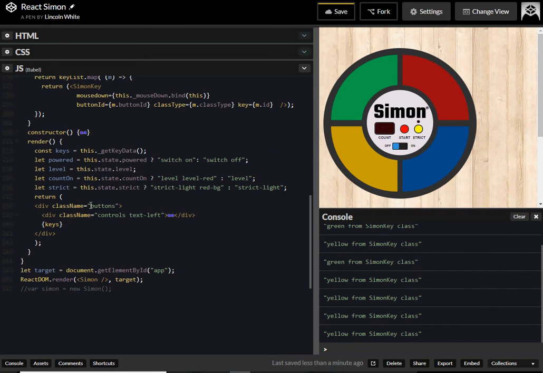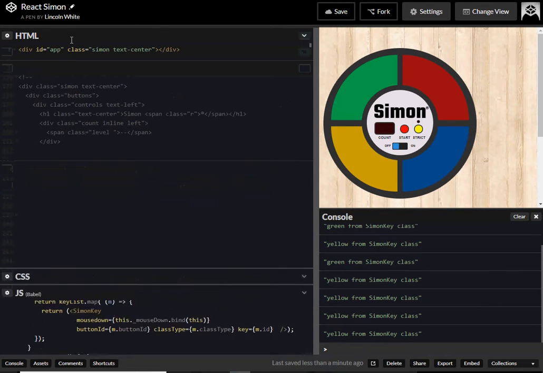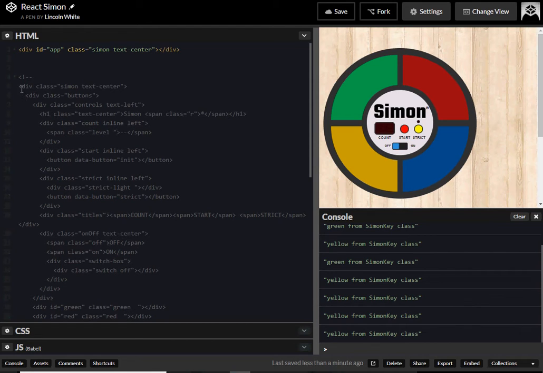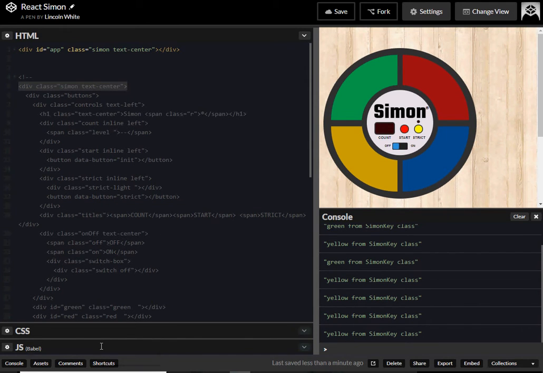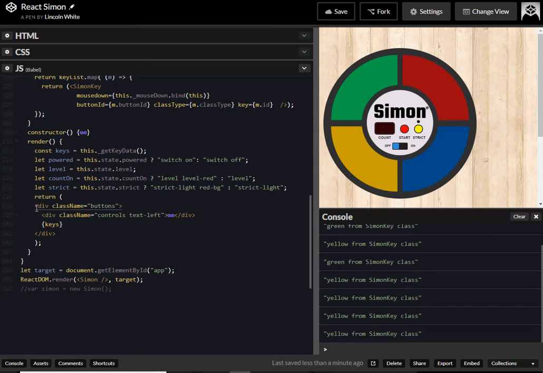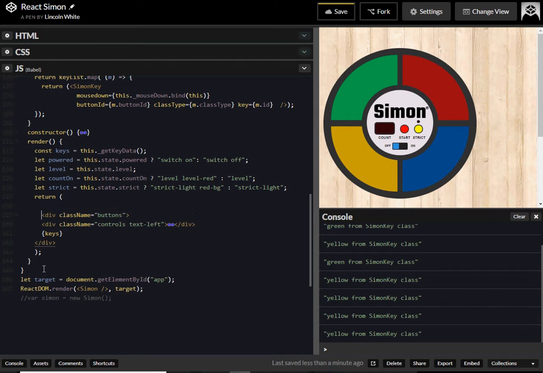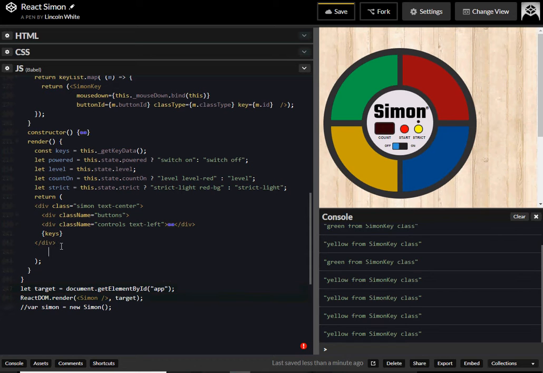However, there's a flaw in our design. Unfortunately, we have to change this because it won't work, because this button only covers here. I want to make it cover the whole screen. So if I go back to here when we started, I saved all of this. So what we have to do now is copy this, and then put that in here because we need to cover more of the screen. So if I put that there and I close that div,